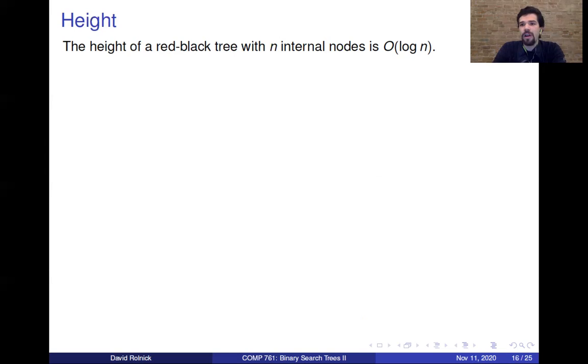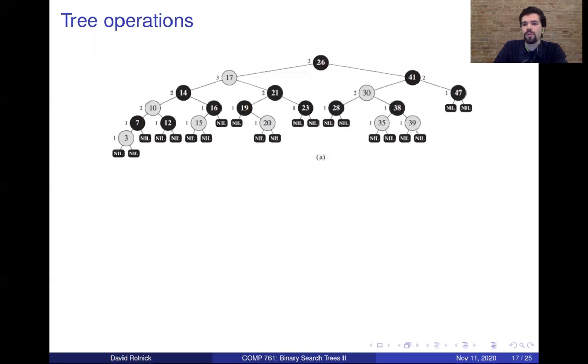The thing I want to end on is the thing that will enable the definition that will be helpful on the problem set, which has to do with rotations. But let's get into the reason why we're interested in red-black trees. So red-black trees, if you have a binary search tree that has these conditions, it is going to be of height order of log n,